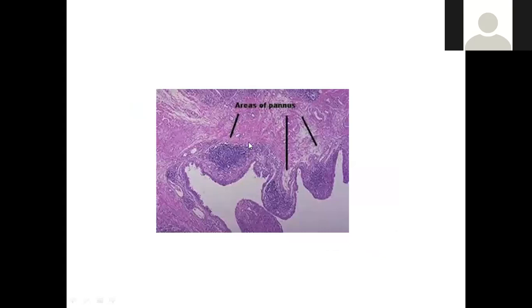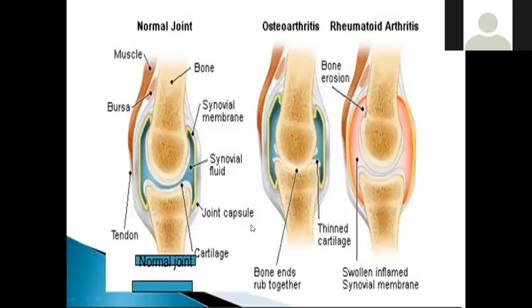This is a high power view of the Pannus formation, areas of Pannus formation. बार बार फिगर दिखाने का मतलब है Pannus formation याद रखें. This is diagnostic. ये सारी joint की surface है, ठीक है. This is a photomicrograph, H&E, and these bulbous areas are called Pannus. They are comprised of inflammatory cells, in the initial stages granulation tissue, later replaced by lymphocytes, plasma cells, and B cells, which are responsible for the production of antibodies. Okay, so